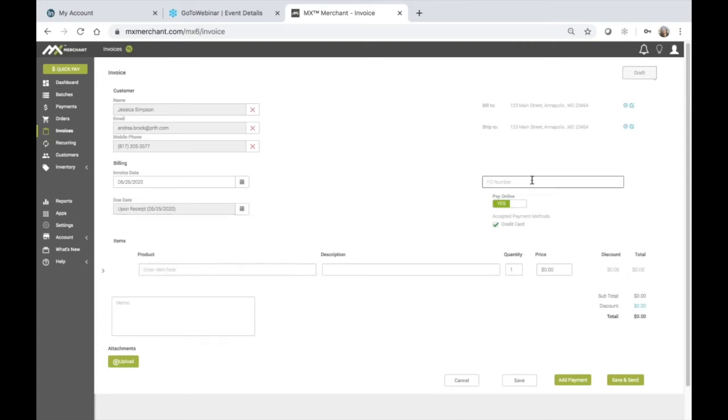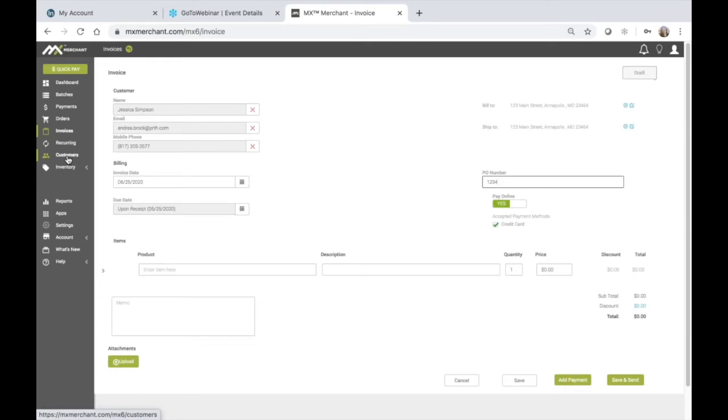Next, I may enter a PO number. This can be any number that I choose to enter that may help tie this invoice to any internal system I may be using. Next, the Pay Online link is automatically defaulted to yes, and credit cards are the accepted payment methods set here, which will allow the customer then to choose to pay via credit card, or if the customer has credit card information stored in the account vault as an actual customer here, then that information will be displayed to them so that they may choose to use that saved information and not have to find that information